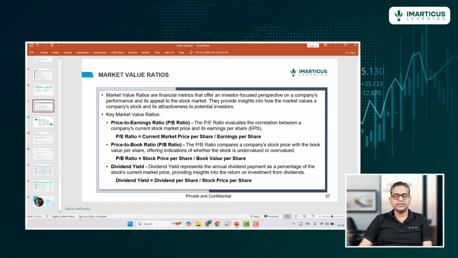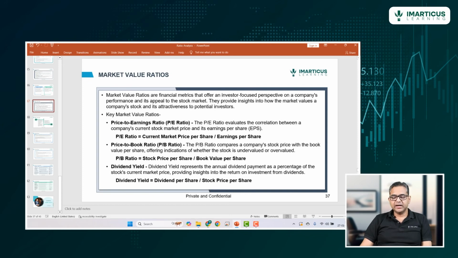One more point to add here is that price to book ratio is more commonly used in case of financial companies like your banks, NBFCs, where their balance sheet includes a lot of assets or liabilities which are priced at market, right? So the book value is giving a much clearer picture as compared to other set of industries where the book values do not reflect the current market price.